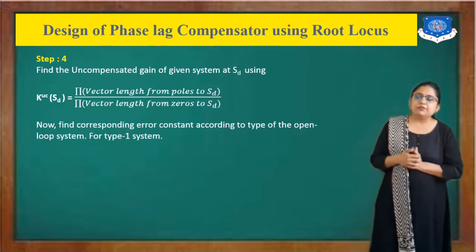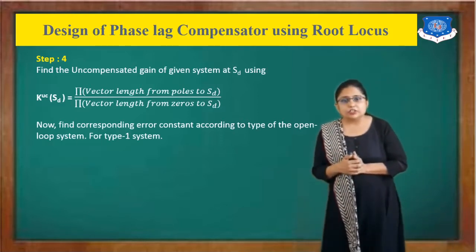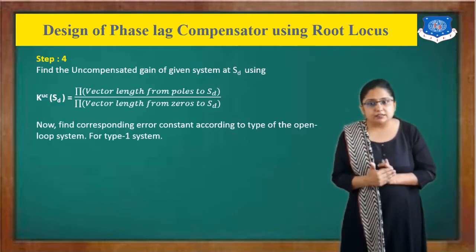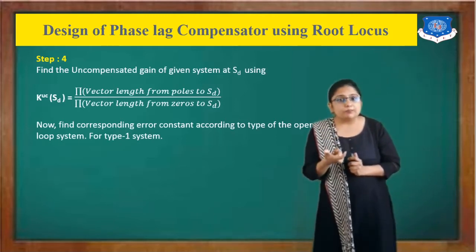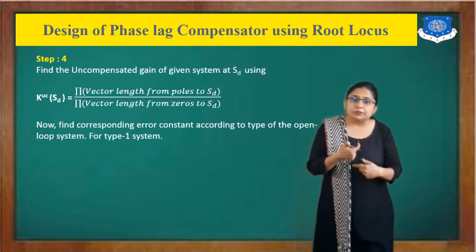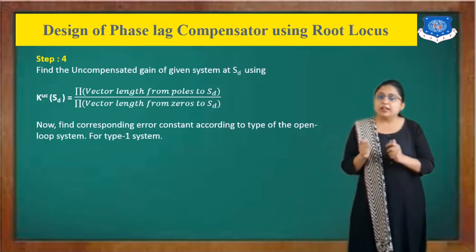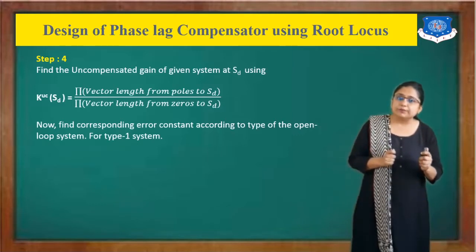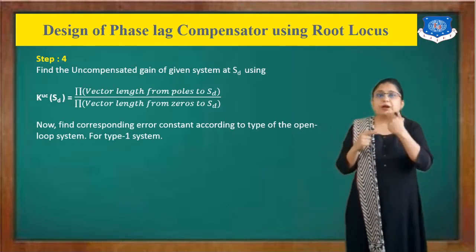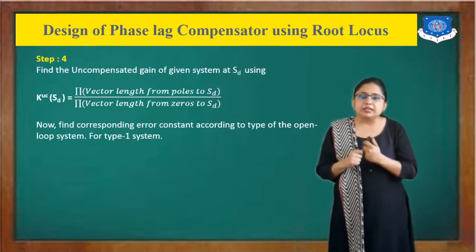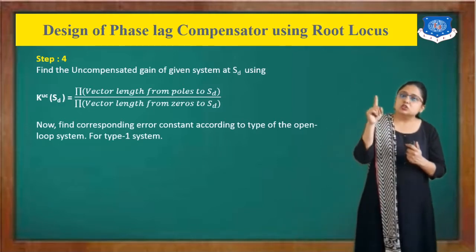For example, if I have a transfer function 1 upon s square plus s, here s square plus s is in the denominator. So you just take s common, and what you have is s into s plus 1. Here you check the power of that common s, which is 1. So we can say